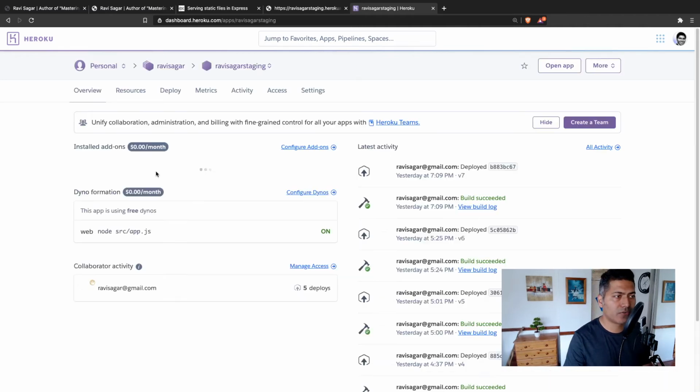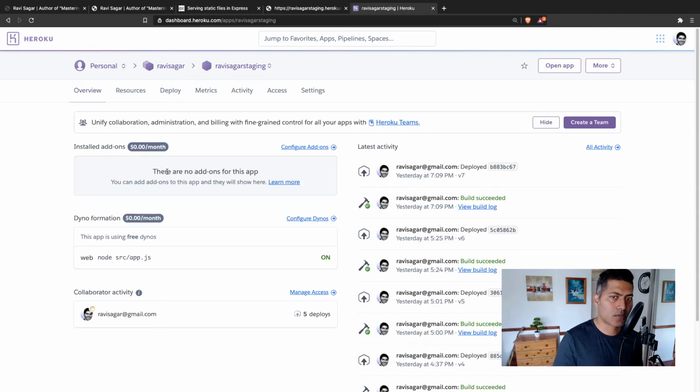I still haven't figured out how to configure the custom domain, but I think you can do that using Heroku. But I think in the free plan they don't really give you certificates, so that is a bit disappointing. But anyways, let us see what all we can do. So what I'll do, I'll deploy my site, which I just